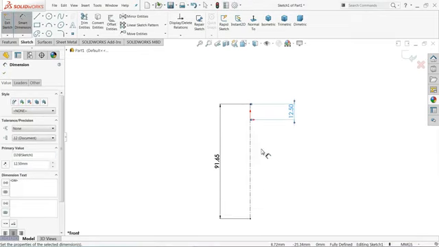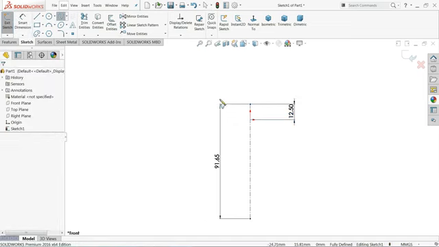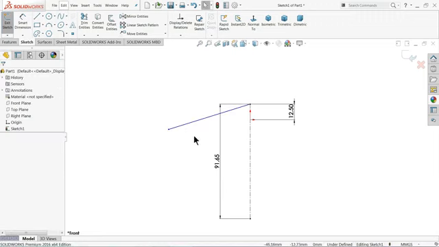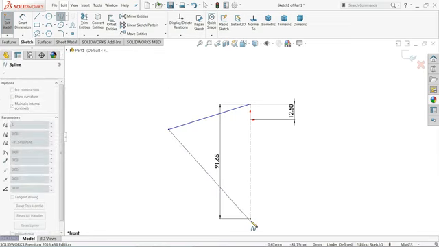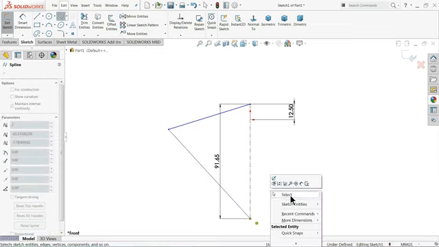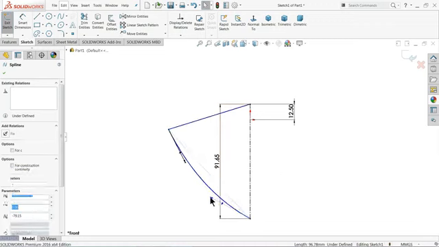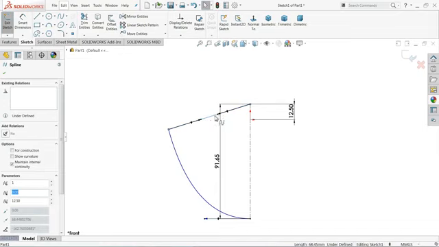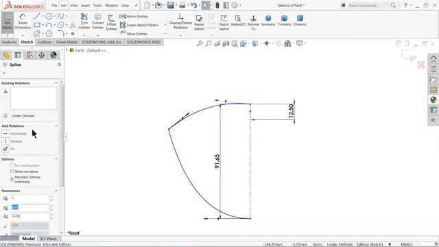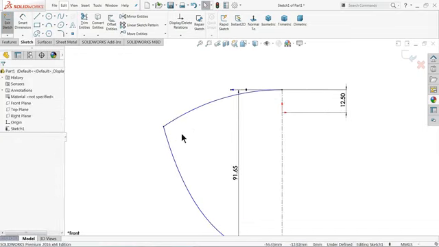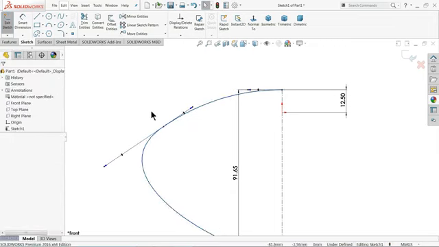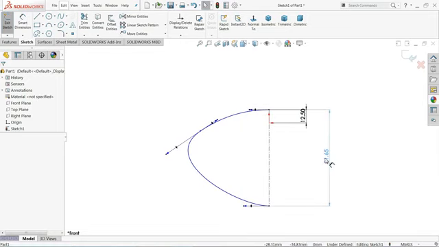Enter. That's it. Now let me select spline, and I'll start from here to here and select end, because we want to make a curve. So connect this point to this point. Now select this arrow horizontal. The same thing here, this point drag upward direction horizontal. Now select both, the arc tangent. Now here we need to define some important things.